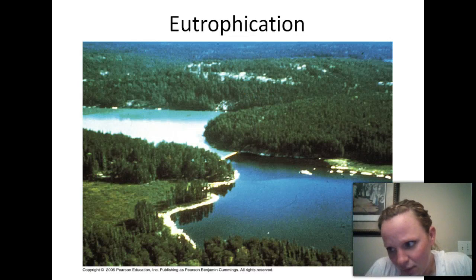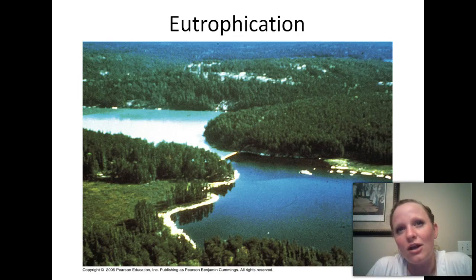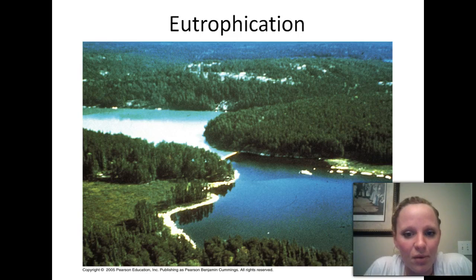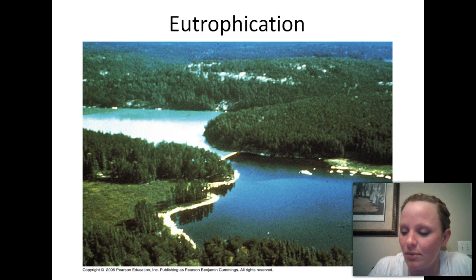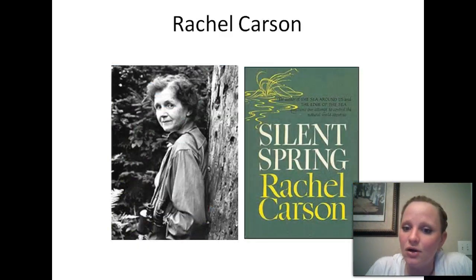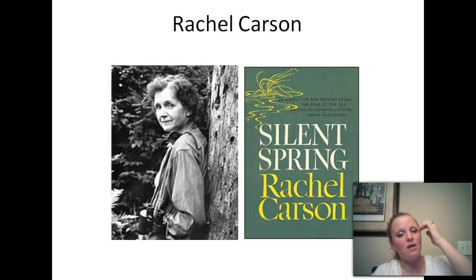Eutrophication, this is kind of a negative of ecology. This is the blocking off or the choking off of oxygen from a body of water, usually due to a large algal bloom. Algae is really bad about that. It forms kind of in sheets, and it can block the ability to dissolve oxygen in the water, so that's a big problem. There's a book that's been written about it called Silent Spring. Her name was Rachel Carson. This happens a lot,